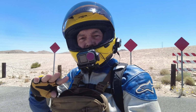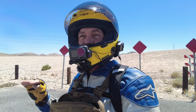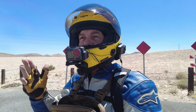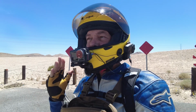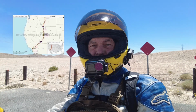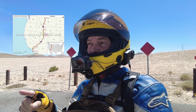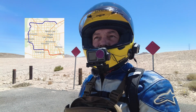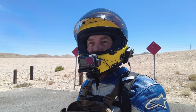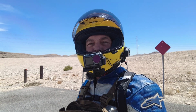Las Vegas is laid out into a grid, north, south, east, west. So it's good for you to know this is the west side of the 15 freeway. I kind of divide Las Vegas into the 15, which goes north to south, from Mexico to Canada, and then the 215, which kind of S's through Henderson and South Las Vegas. So we're going to pass the 215 and we'll go to Tropicana and